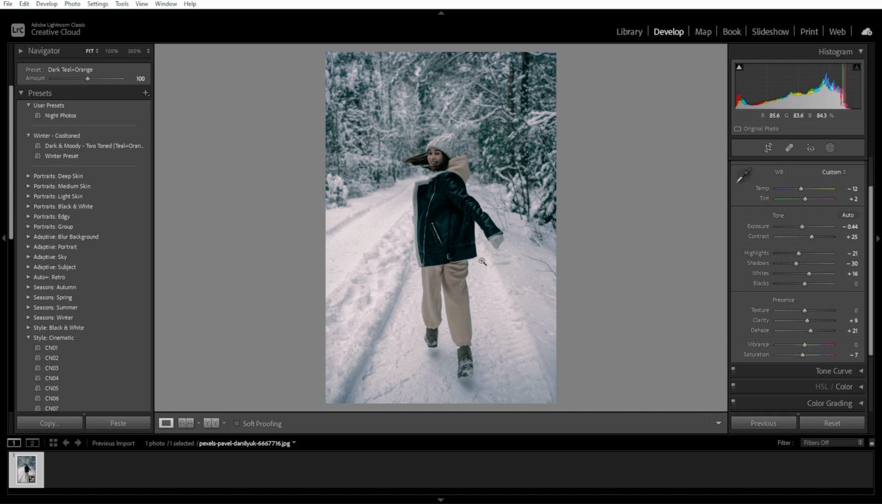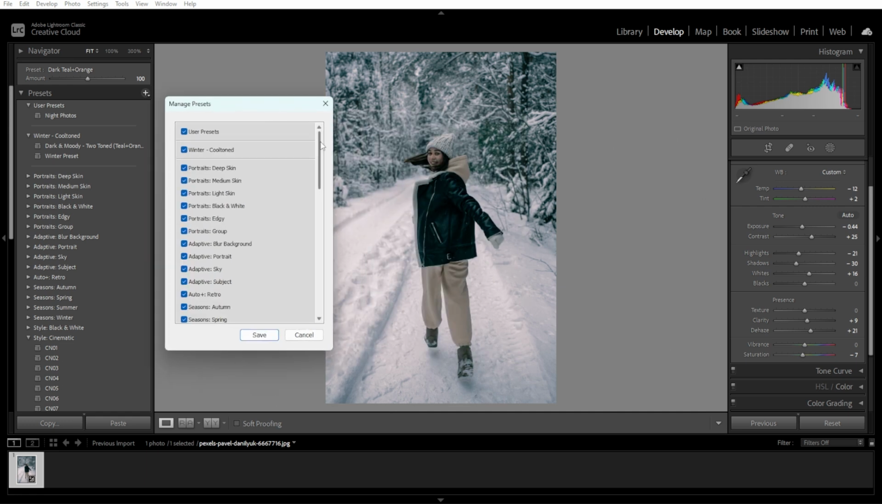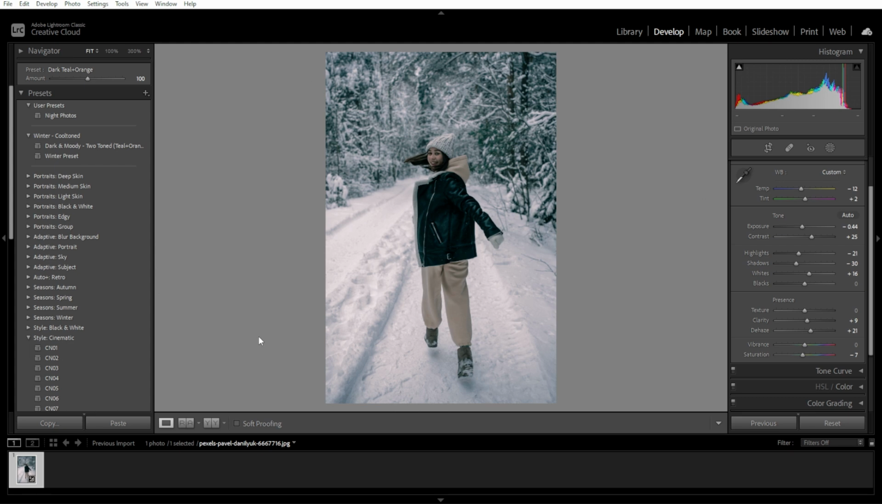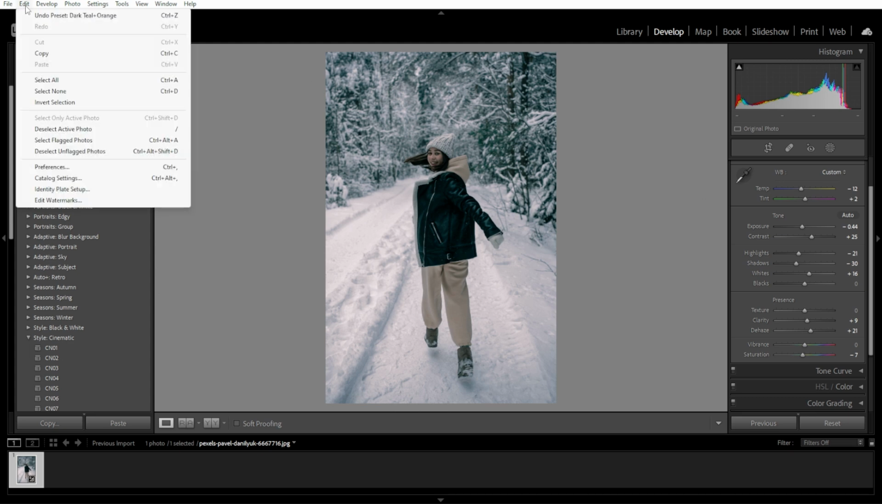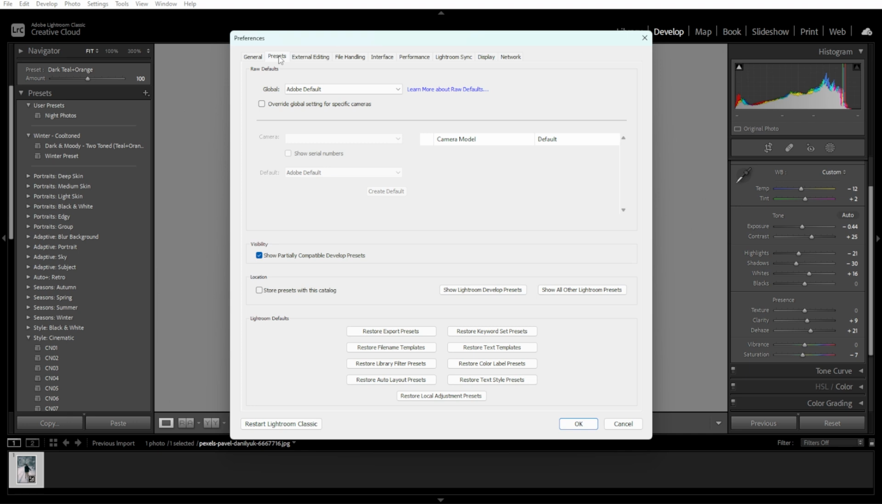Now we're going to hide or manage Lightroom's default presets. If the default Lightroom presets clutter your panel, simply click on the plus icon at the top right of the Presets panel. Then select Manage Presets. Then uncheck the boxes for default preset groups that you don't need. Then click Save. And to back up your presets, simply go to Edit and Preferences, and in the Presets tab,